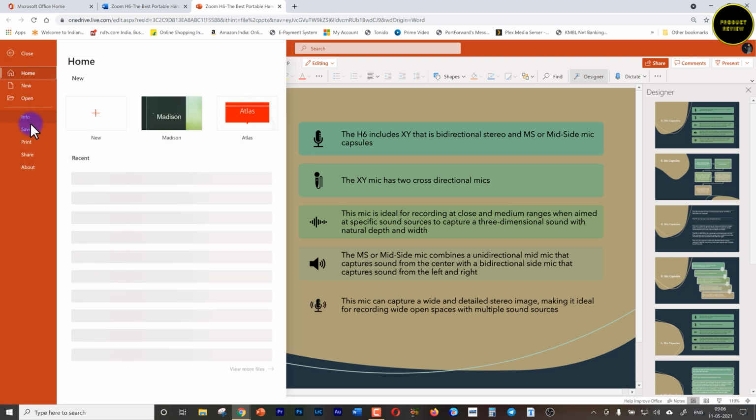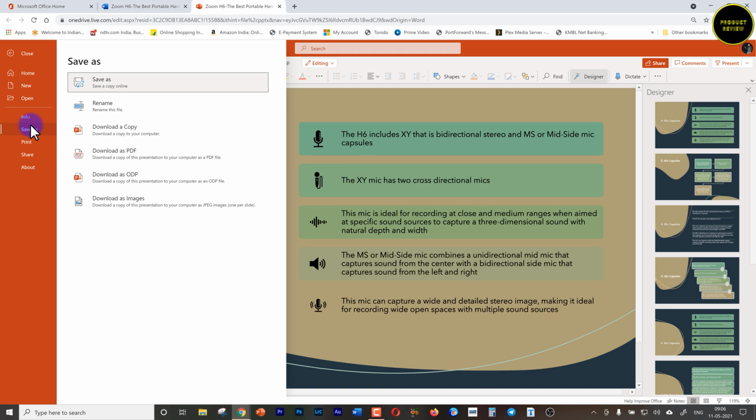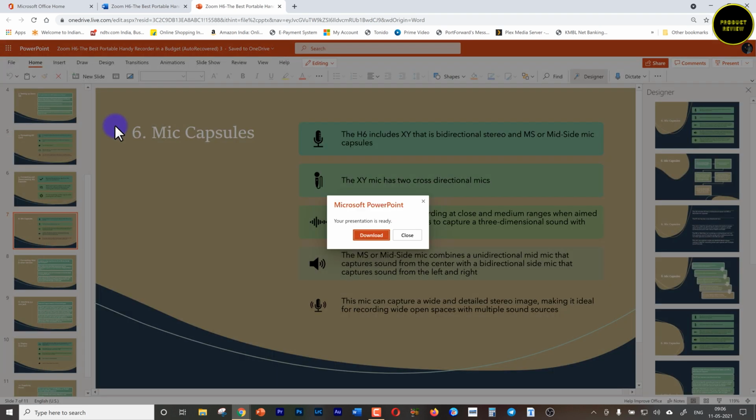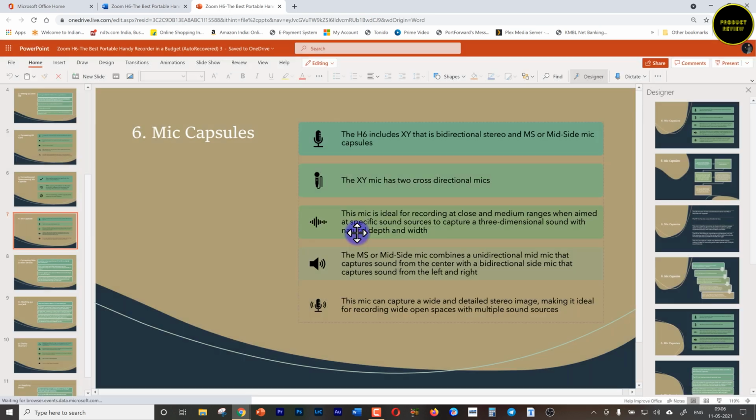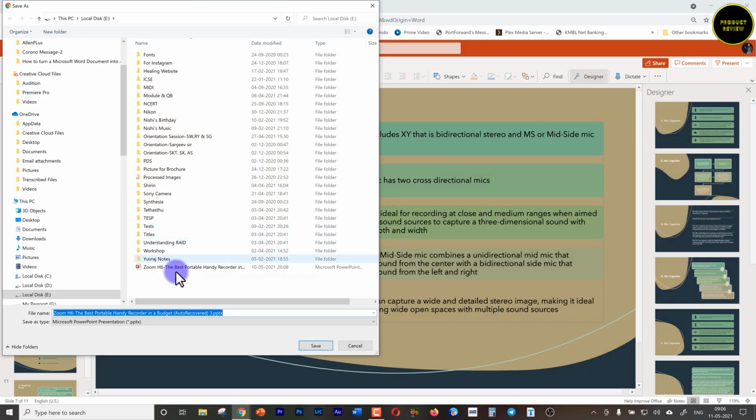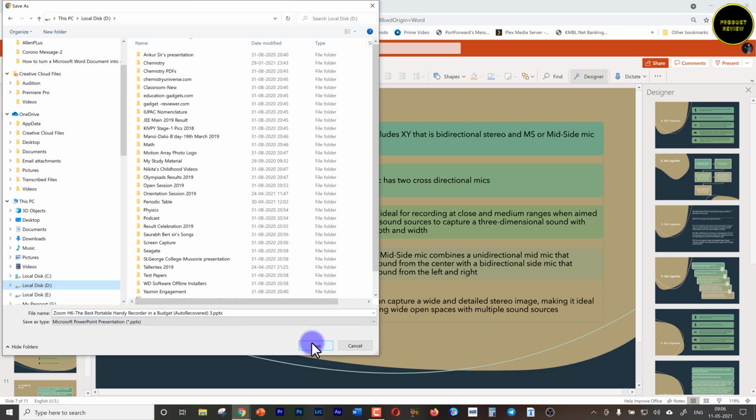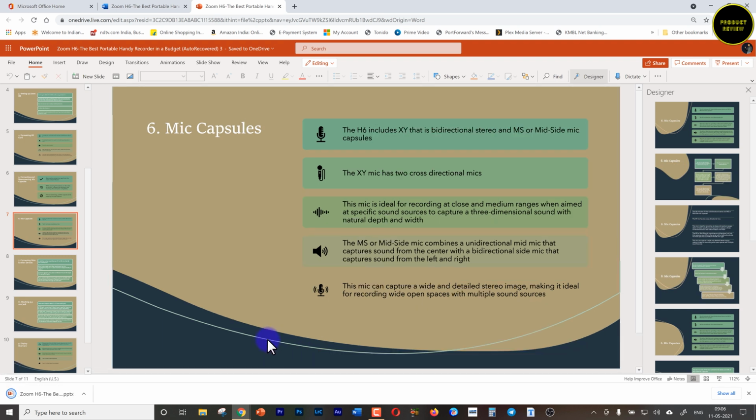When you go to Save As, you get a lot of options. You can even download a copy to your computer. Let's do that. Choose the folder and hit Save. Now let's open the presentation on the computer and enable editing.